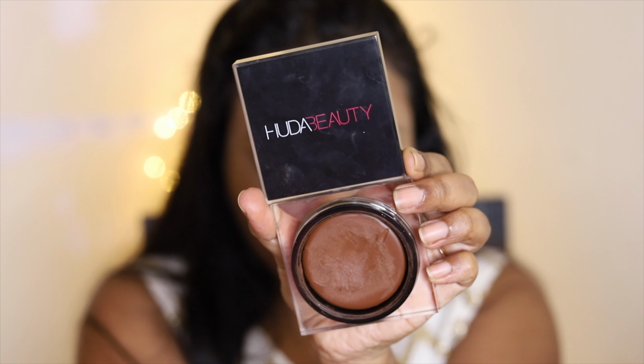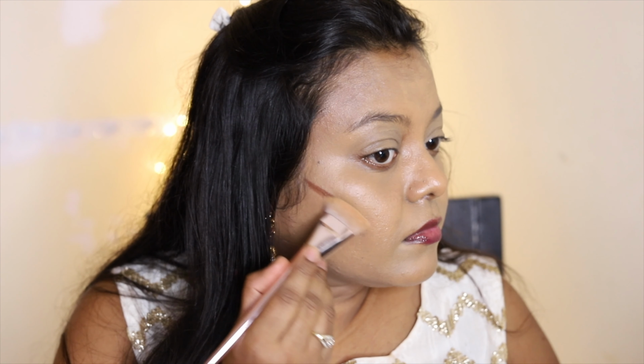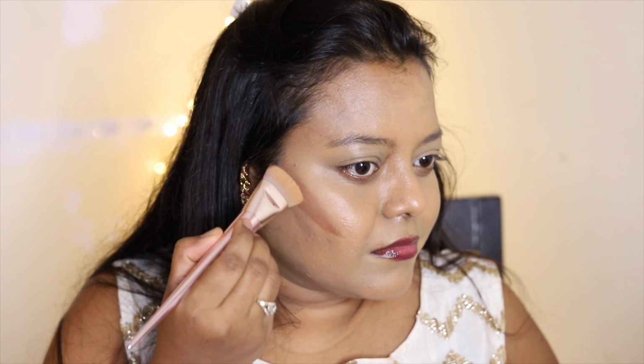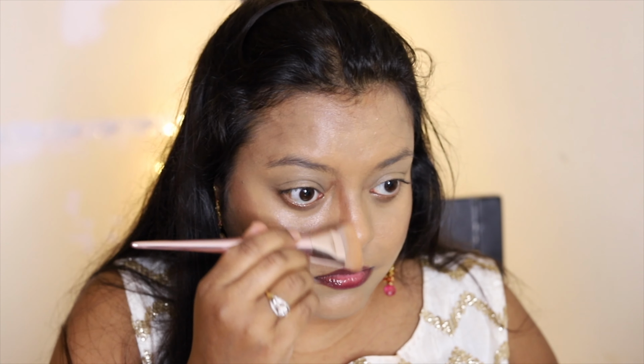Next I'm going to move into contour. Because my face is looking flat, I need to go for a contour at this point of time. So I am going to take this Huda Beauty Tantour, and it's a beautiful creamy bronzer. It is going to give some shadow to my face. I'm going to use the same brush because that brush is quite good for making sharp lines. So I'm going to use that to apply the cream product on my cheekbones,